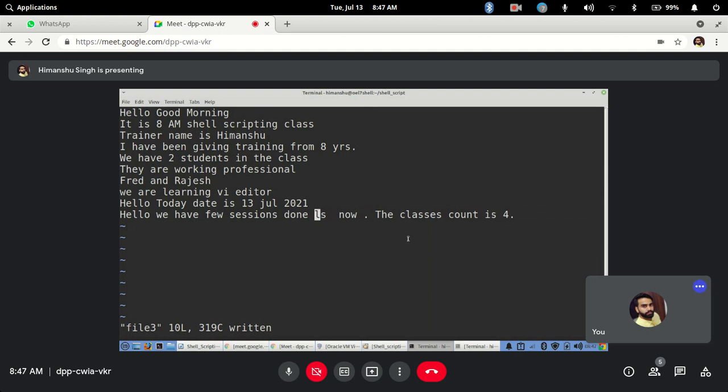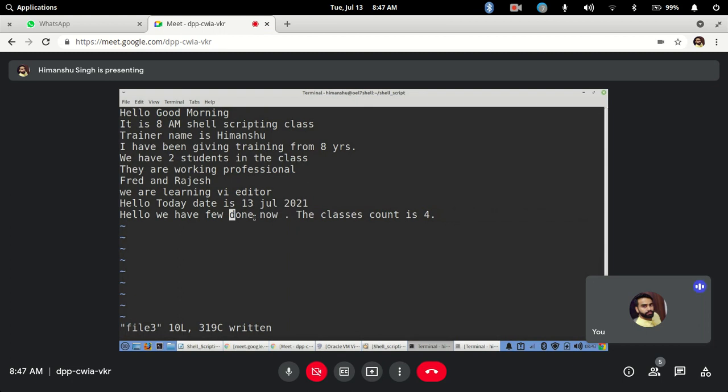So I will press here, and my cursor is at LS right now. I want to delete this word. So dw. See, it has deleted till the next word is found. To find the next word, it takes the space as the main separator between them, to understand that these are two different words. Let's say I want to delete this word, session, till done. So dw. See, this is deleted. Clear?